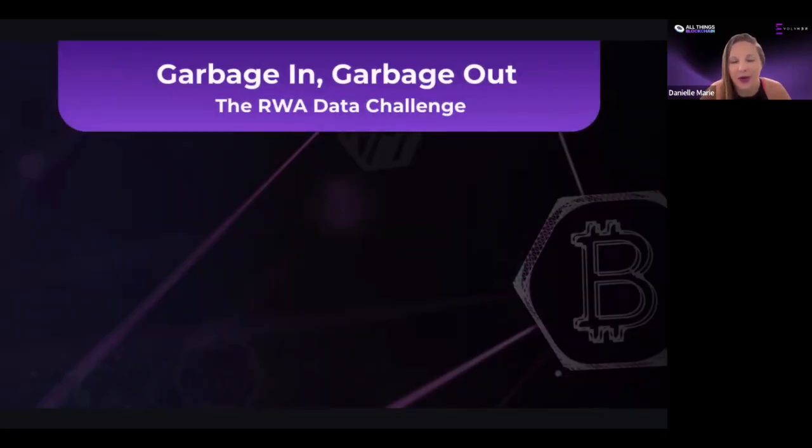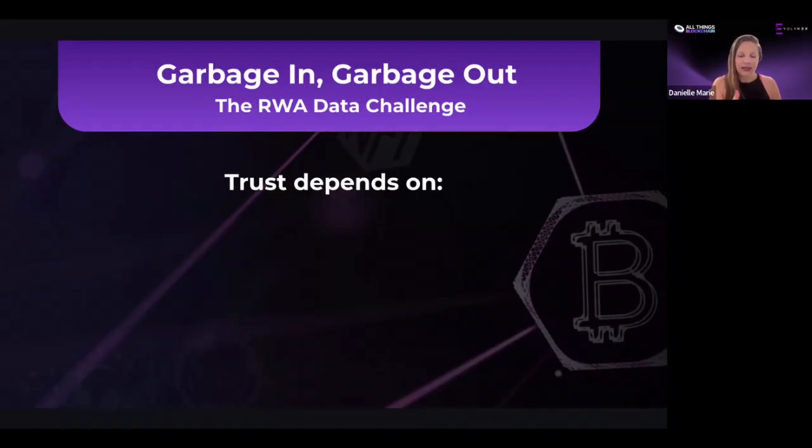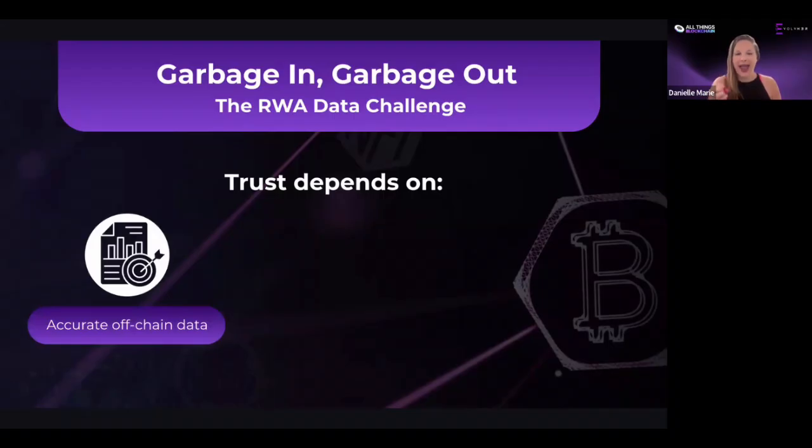So, garbage in, garbage out, the RWA data challenge. Whenever you're thinking about a real world asset and you're wanting to tokenize it, how are you going to prove it? I've come across lots of different RWA projects throughout my studies. There was one with tagging the cows, and there have been lots of them. How are you getting that data off chain and then putting it on chain with accurate data that we trust,